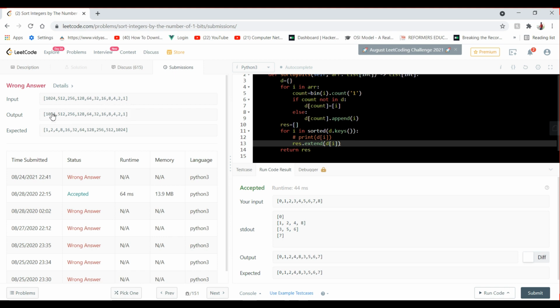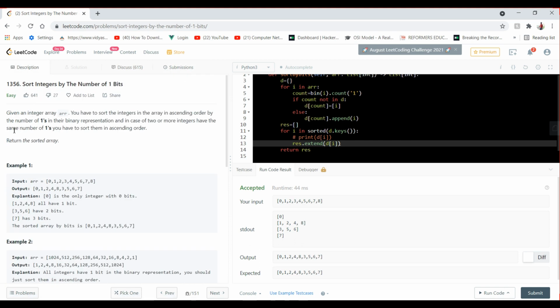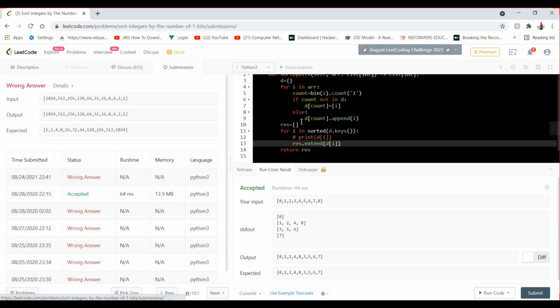Same number of ones, then you have to sort them in ascending order.